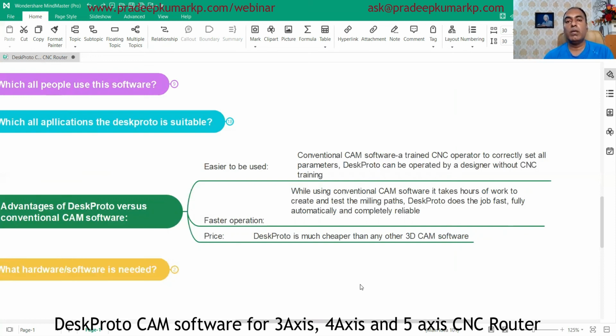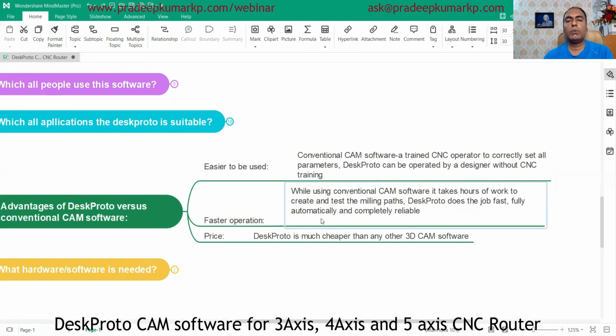But this software is very simplified, with only minimum parameters to give to get it machined. So we can even train some designer for this, and he can very easily understand it and create the code to give to the CNC router machine.